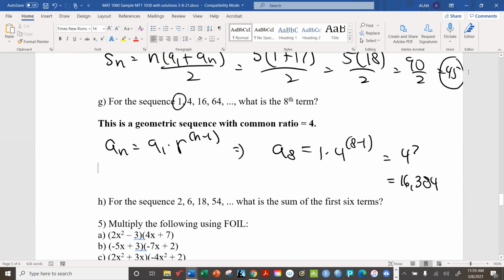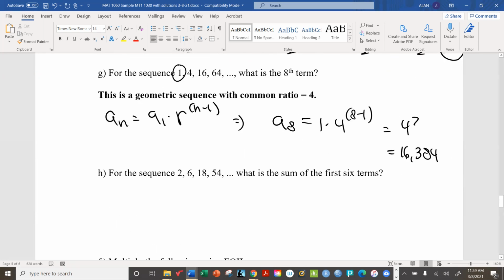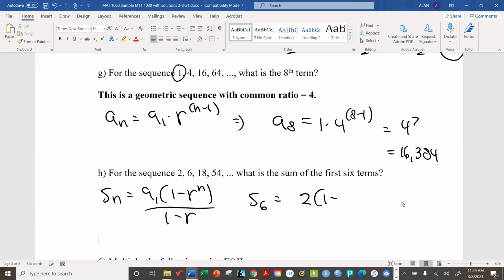And then we've got this one, which is also clearly geometric. You can tell because it grows very, very quickly. And it's another case where if you wanted to, you could start writing out the other terms, but there's no real need for it because the sum for the geometric sequence does not require us to know what that term actually is. It looks like this: A1 times (1 minus r to the n) over 1 minus r. Oh, by the way, the common ratio here is 3. I forgot to mention it. Let me just throw that in there real fast.